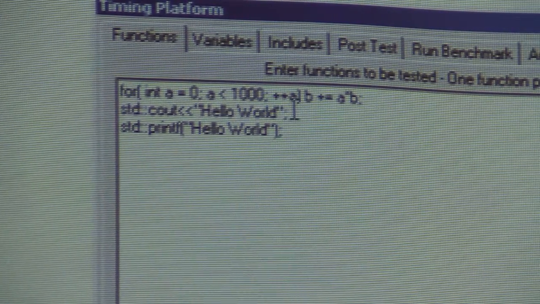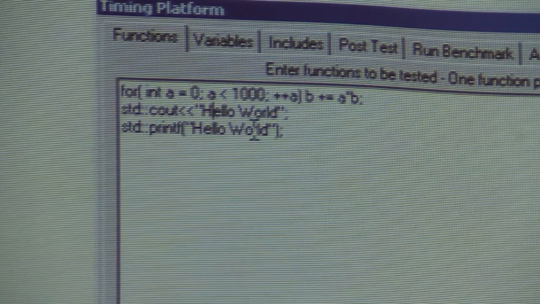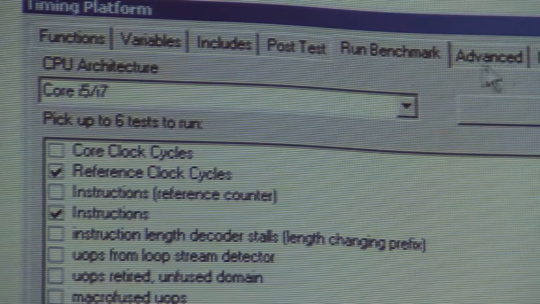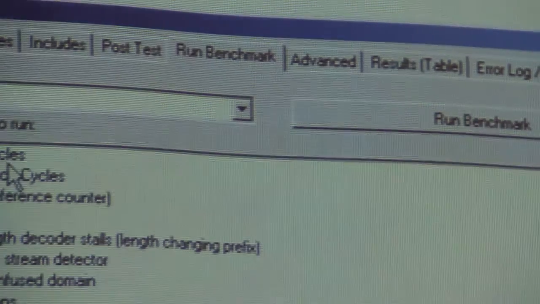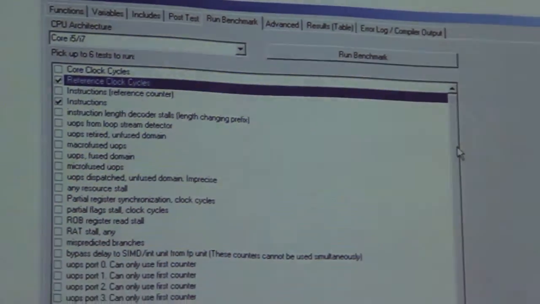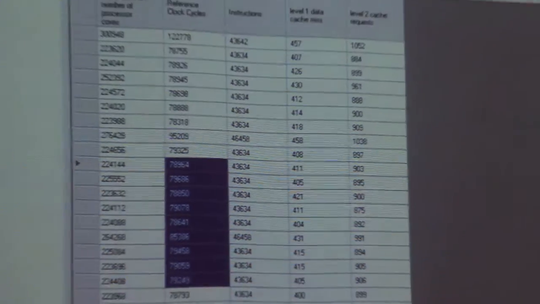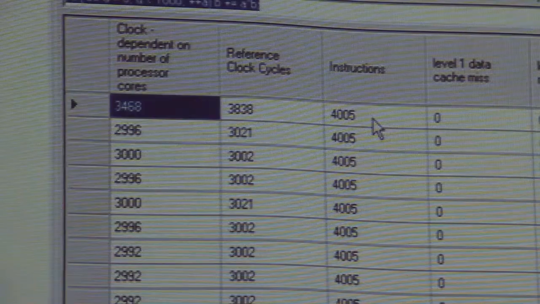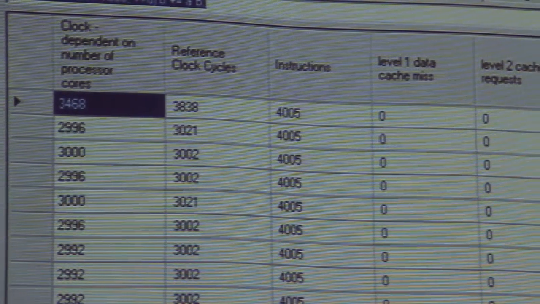The second function I'm testing is a standard cout hello world, and then I'm doing a standard printf hello world. And it's interesting, the results you get; it shows how bad cout really is. So I'm testing on the reference clock cycles, number of instructions, L1 data cache misses, and L2 cache requests, and then looking at the results, we saw the for loop ends up as 4,005 instructions and around 30,000 clock cycles.